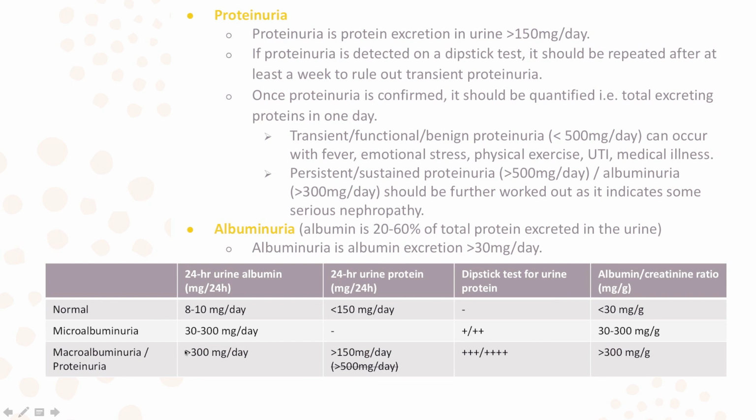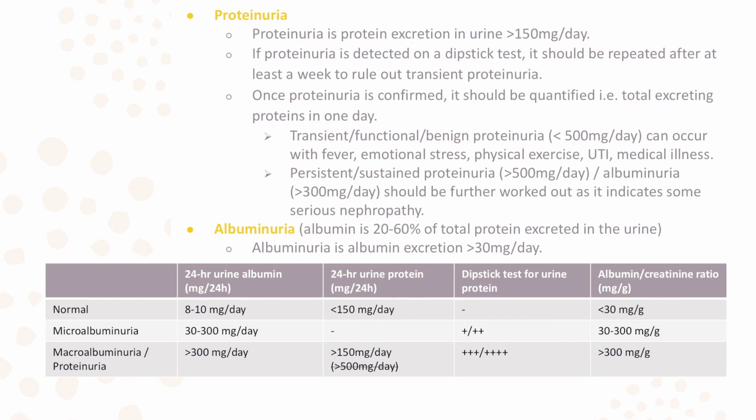The macroalbuminuria, which is actually called proteinuria, is labeled when the urine albumin test shows greater than 300 mg per day, or the urine protein value shows greater than 150 mg per day. However, the exact values are always greater than 500 mg per day, right? The urine dipstick is able to find urine protein whenever the levels are greater than 500 mg per day, but technically proteinuria is labeled whenever the urine protein goes beyond 150 mg per day.